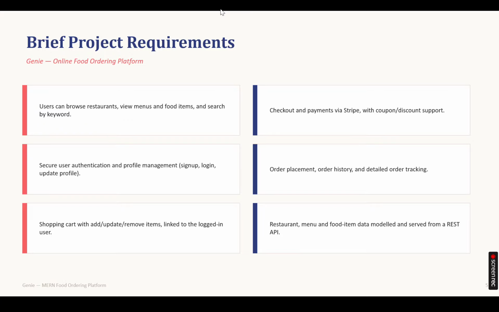Brief project requirements. For the project, the core requirements were: users should be able to browse restaurants, view their menus and food items, and search by keyword. There needed to be secure user authentication, sign up, login, profile management, a shopping cart that lets users add, update, and remove items tied to their account, a checkout flow using Stripe for payments with support for coupon codes,